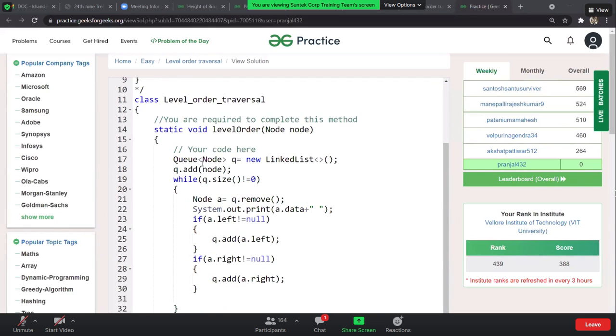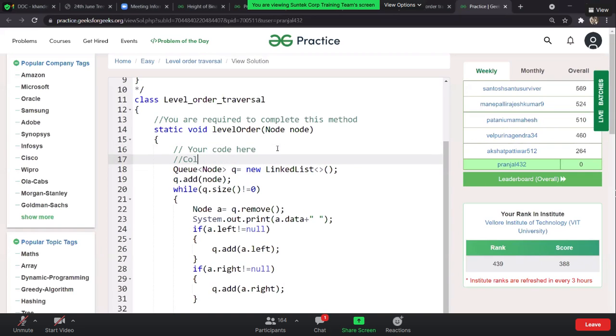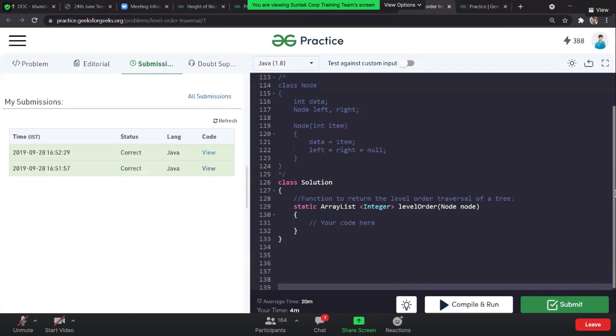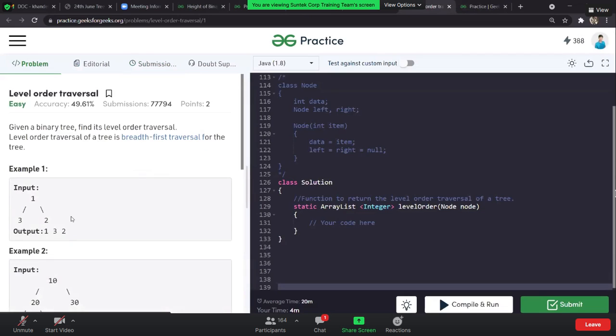What we are going to do is, while the queue size, first we create an empty queue. Inside the level order traversal, we are going to create a queue: queue is equal to new LinkedList. This is how we create a queue in Java. So we have created a queue using the collection. Now we have added the root node, so this is going to be the headmost, the topmost element of the queue. Now I have added it. Now what I'm going to do is, instead of traversing recursively, okay.